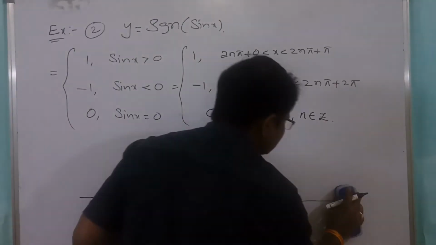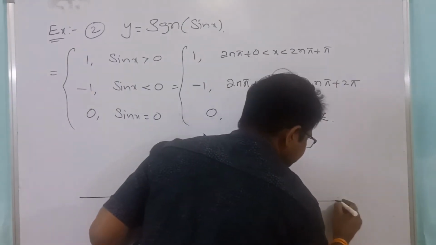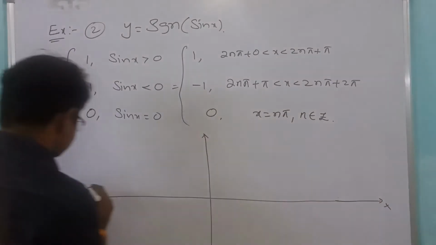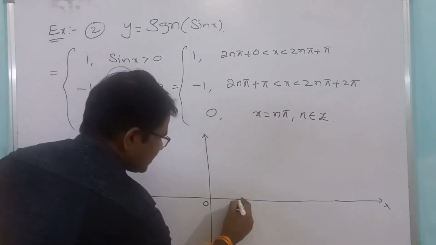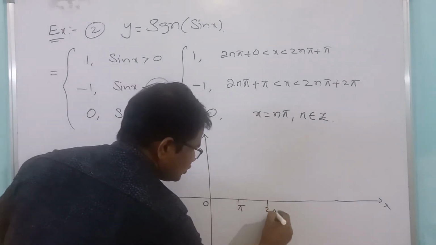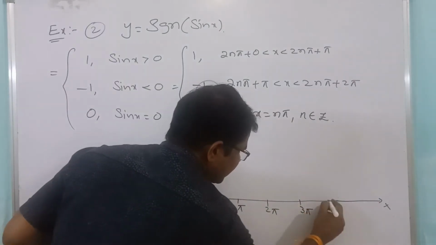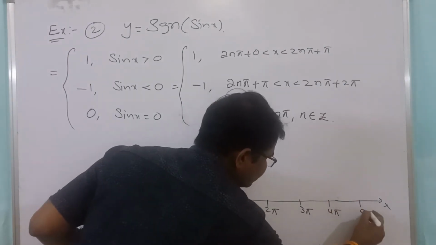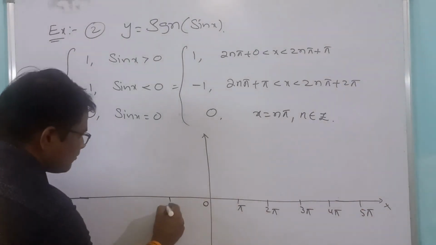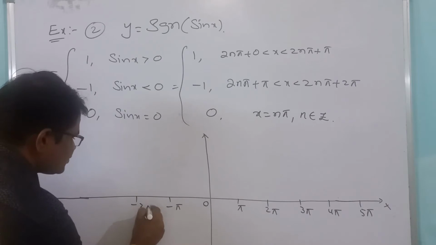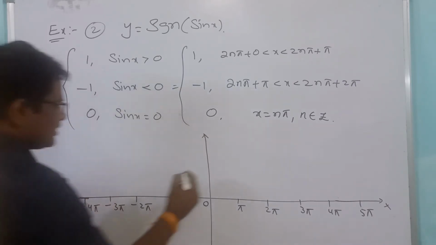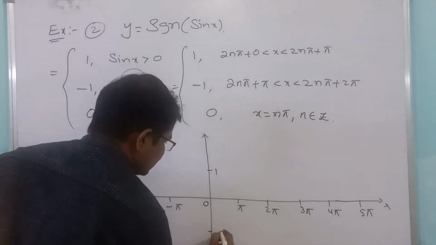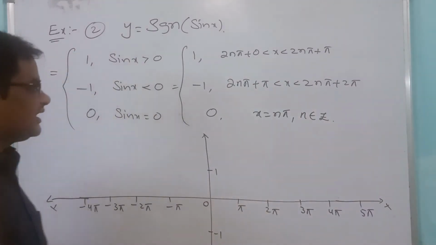Suppose you take this information on the x-axis and y-axis, how to get the graph of the signum of sin x? Mark 0, pi, 2 pi, 3 pi, 4 pi and 5 pi, and minus pi, minus 2 pi, minus 3 pi, minus 4 pi. Here 1 and here minus 1. See here,